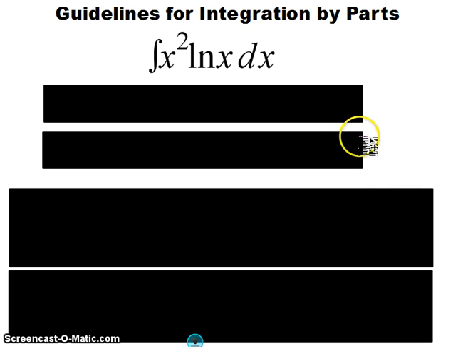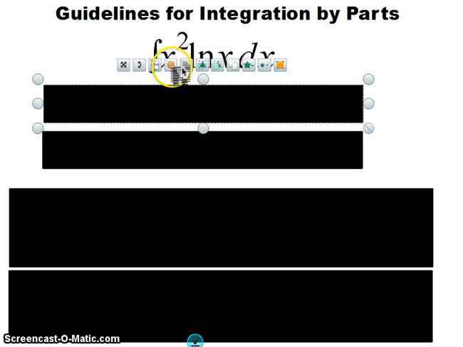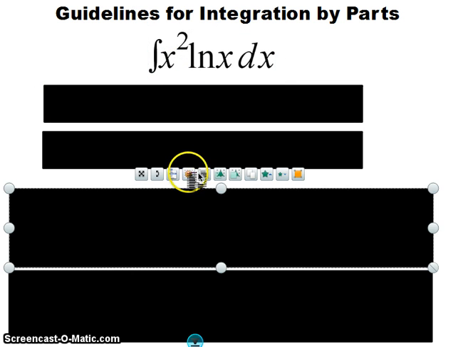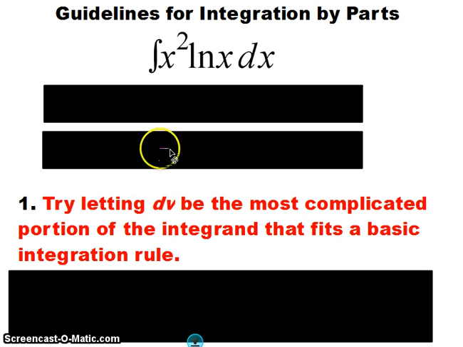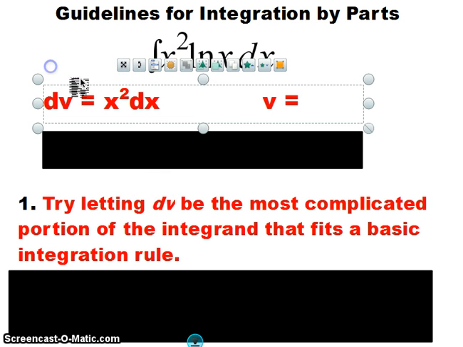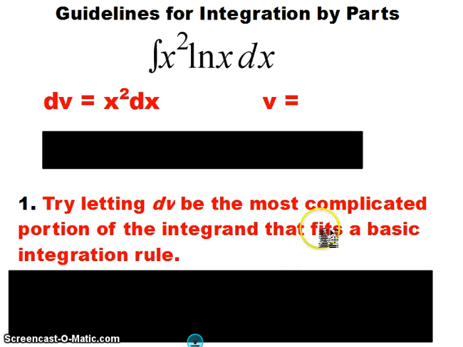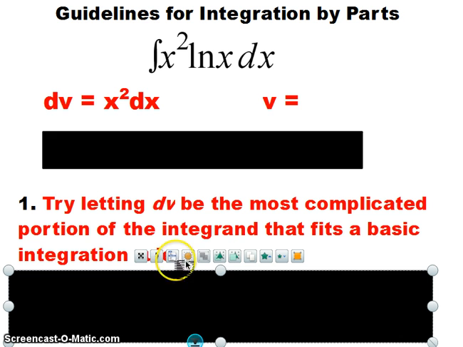The guidelines for integration by parts, and here is our original problem. What we're going to need to do is select a dv, and that dv is the most complicated portion of the integrand that fits a basic integration rule. The reason is that when we pick that dv, remember it has to be in that u dv form, we're going to have to take the antiderivative of it. So if we were to pick natural log of x for that dv, well, again, does it fit our basic integration rule? So then the next part we are going to have to do is